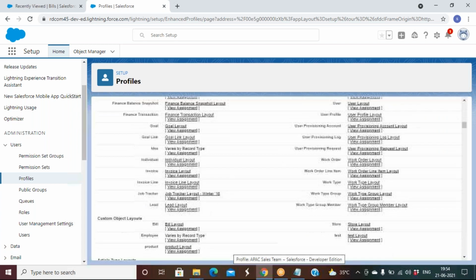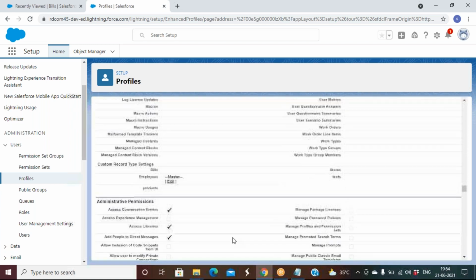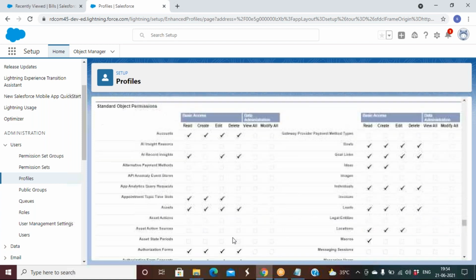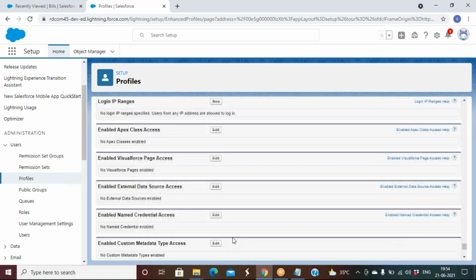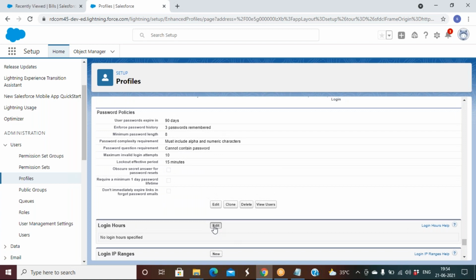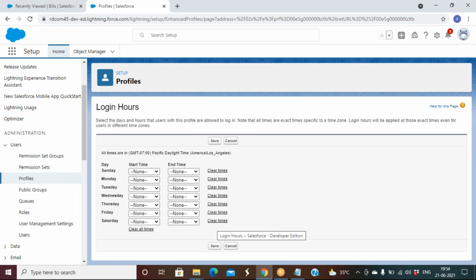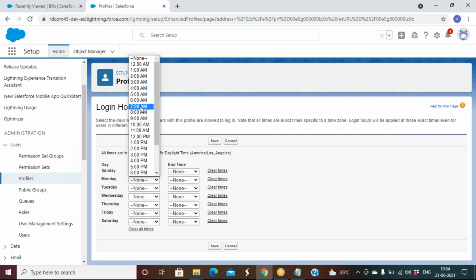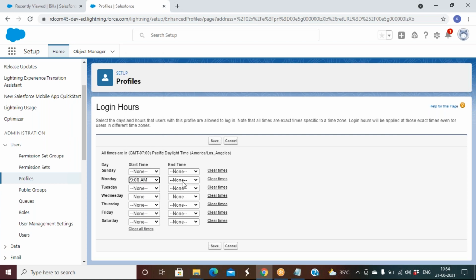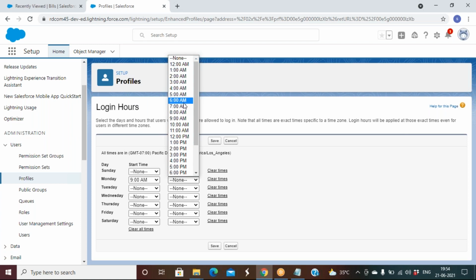Next, we have something called login hours restrictions. Whatever login hours we want, we can set here. Let's say I keep Monday to Friday, 9 a.m. to 6 p.m. After that, if the user tries to log in, the system will not allow them to log in.